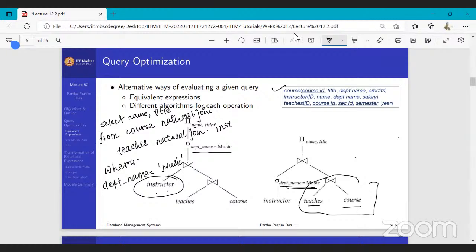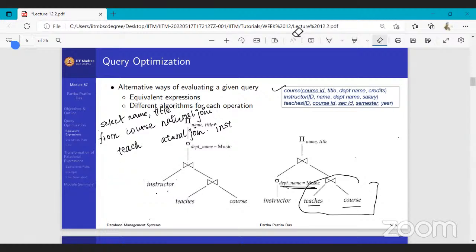But here in the instructor, we filter out only the instructors of the music department, then we apply the natural join. Natural join is an operation that involves a cost. So by looking at these two,